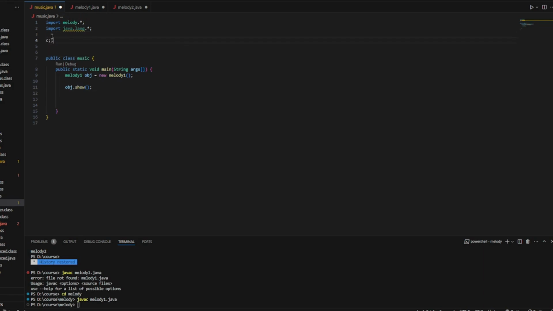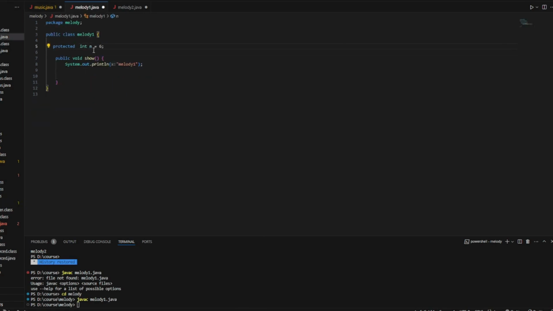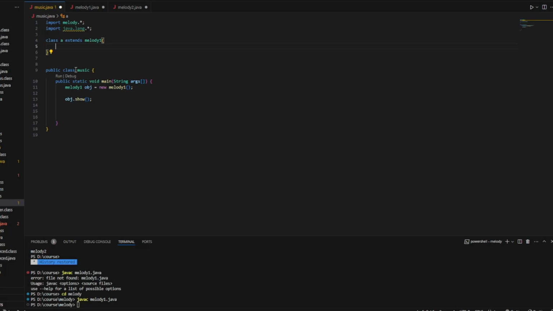Let me create a class. Class A. Now this class will be extending melody1, and so I can use this protected variable here.